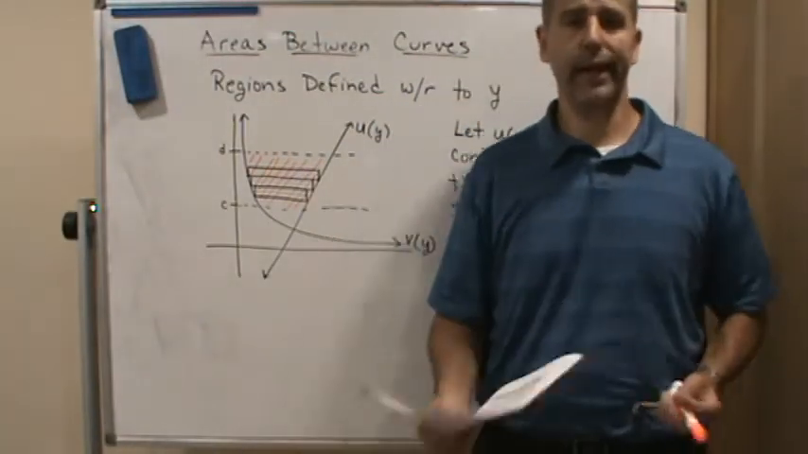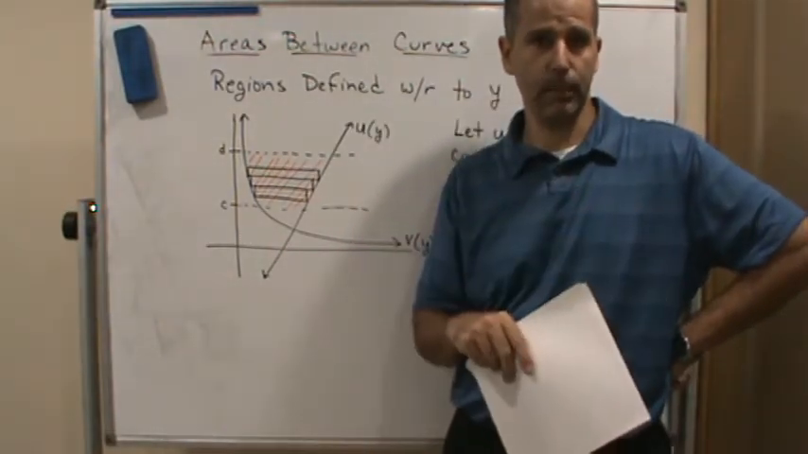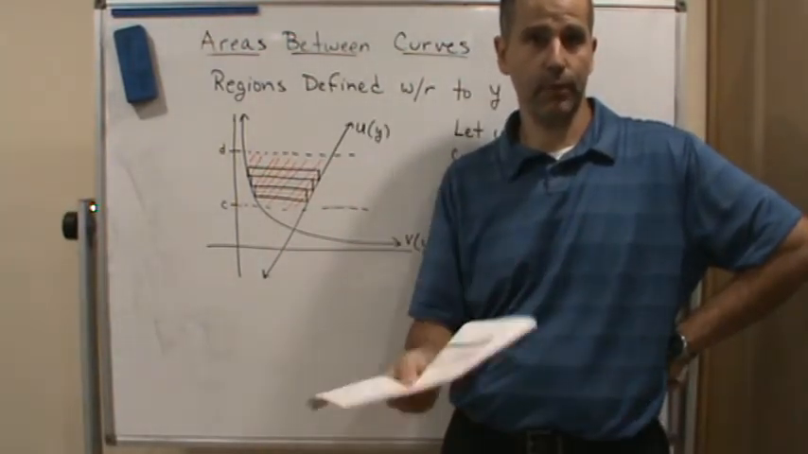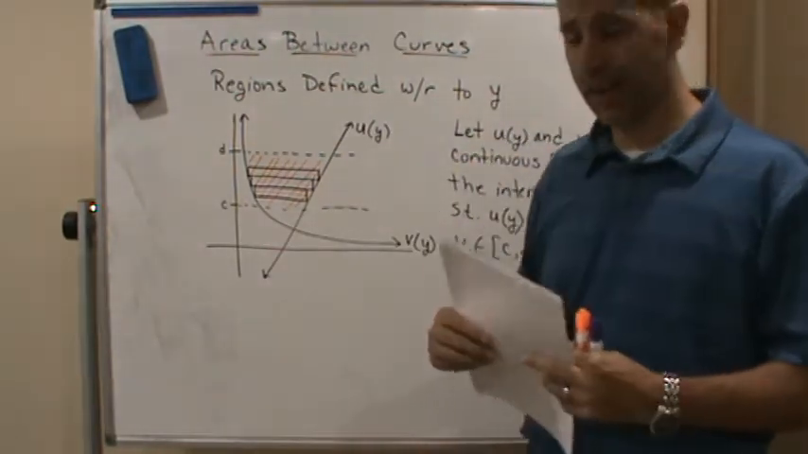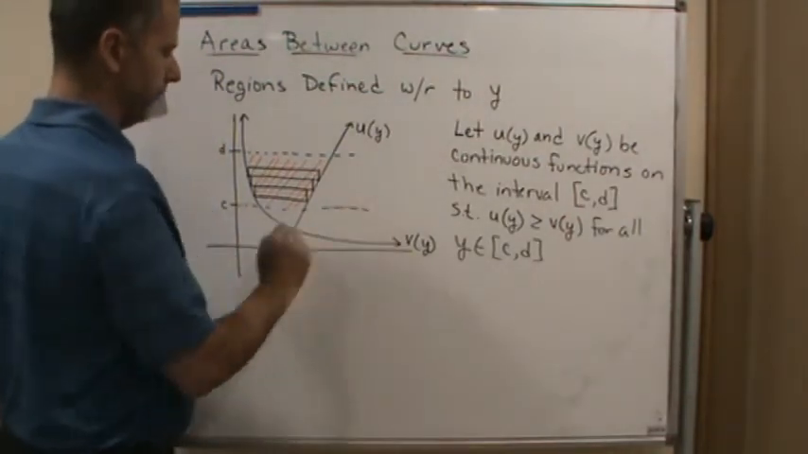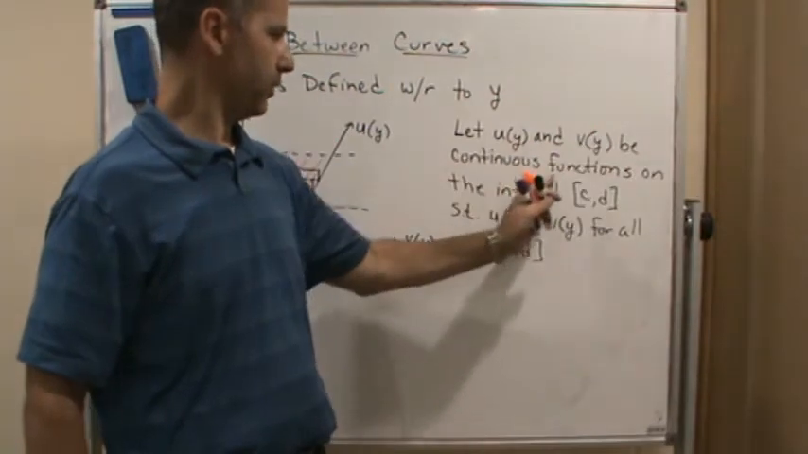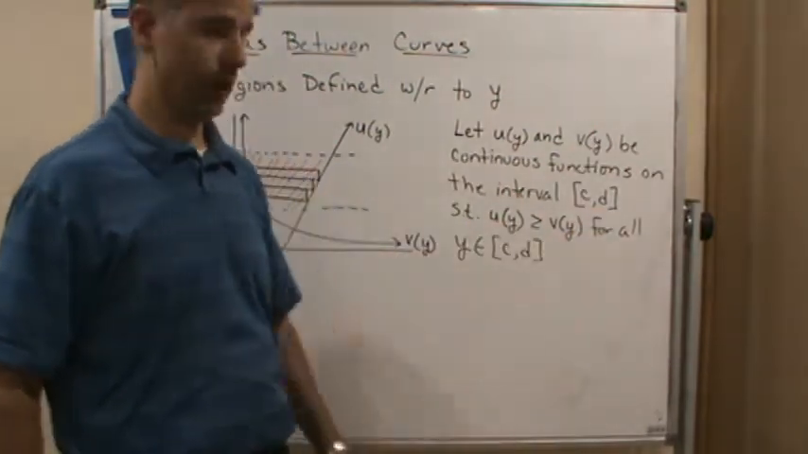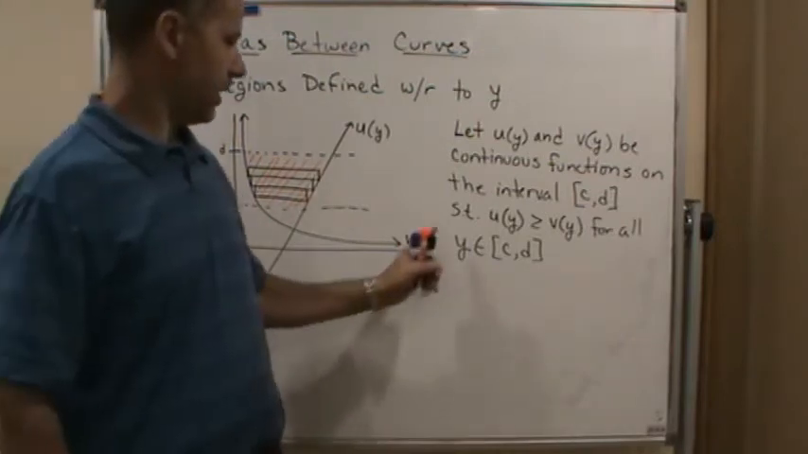Okay, so now in this video we're going to do the Riemann sum definition that we did before. We're going to use rectangles, and we're going to use this generic example where we have two functions of y, u and v. Let u of y and v of y be continuous functions on the closed interval from c to d on the y-axis,